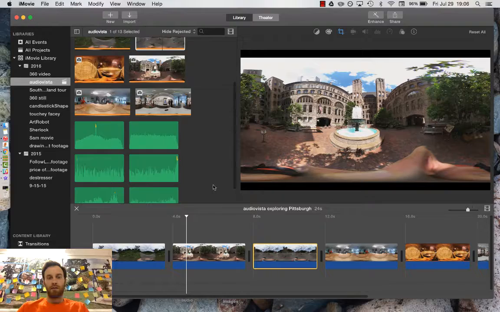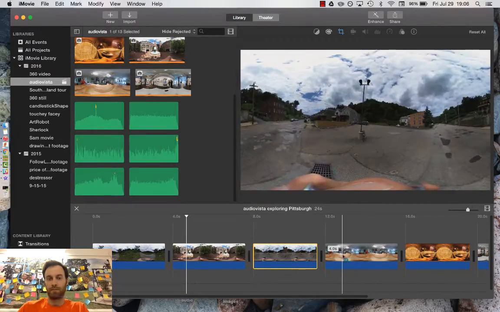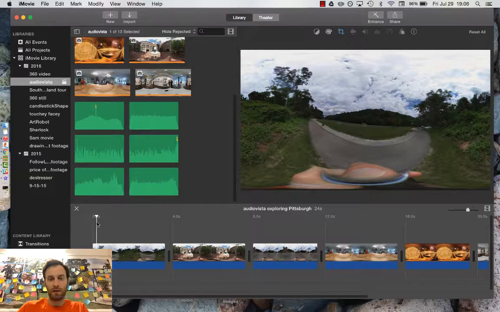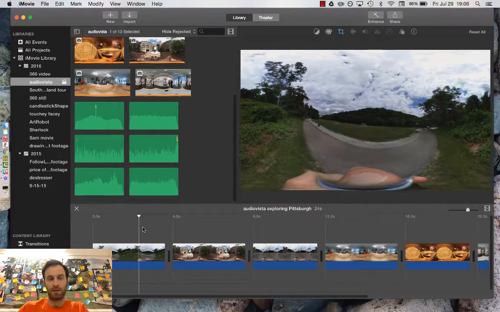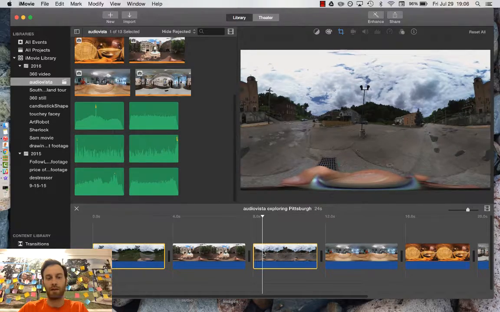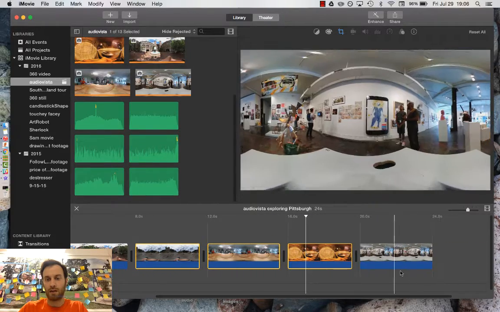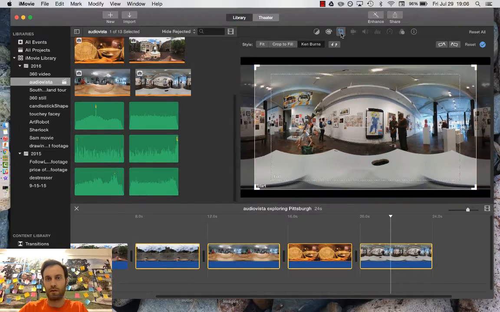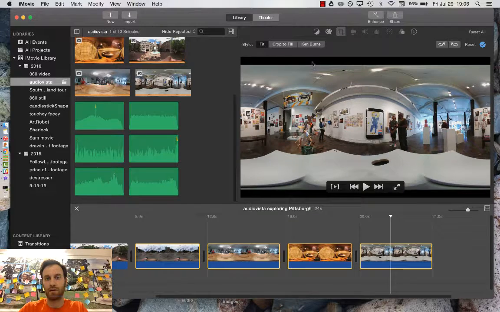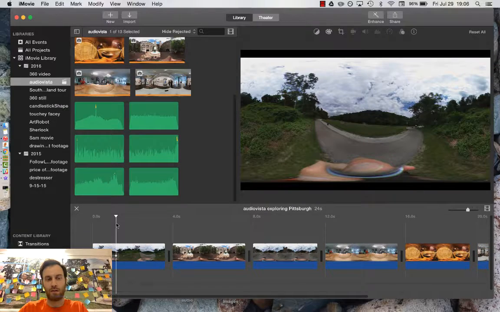Okay. Now what I've done is move pictures in order. And if I were to play the movie we've got right now, hit play, it's going to go through the first few seconds. Notice that second picture, that's the one I fixed, turned off the cropping, turned off the Ken Burns. I have to do that to all of them. I'm holding down the command button while I select multiple things so I can turn off and do fit to all of these images. So that now if we just play it through,